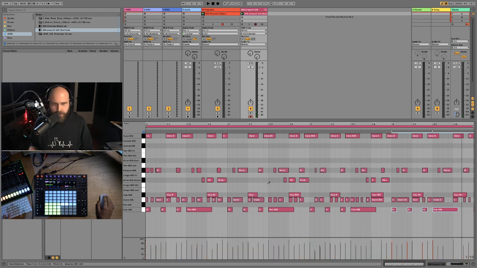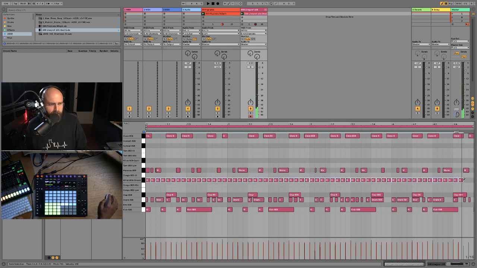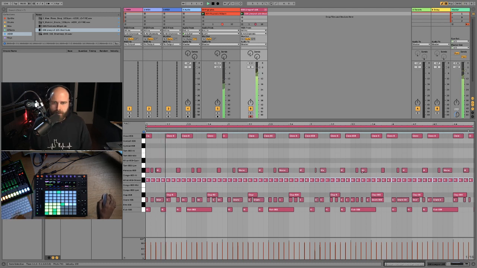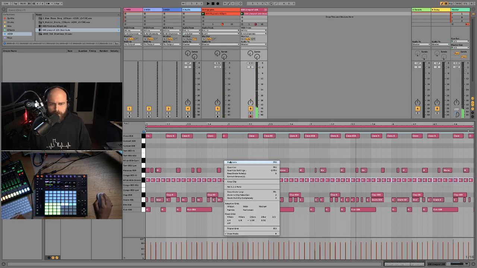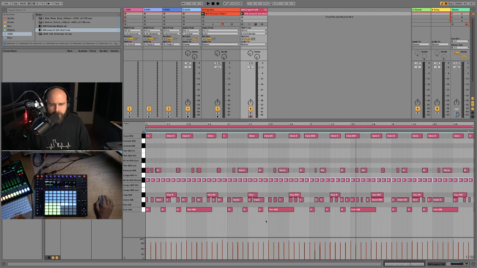If I go into the pen tool, I'm just going to select the B key on my keyboard here, which brings up the pen tool. And then let's just flood out some hi-hats here. Cool. Let's also right-click and go into some 32nd notes. These are 16ths, but let's go some 32nds so we can put some nice little trappy trills in here.